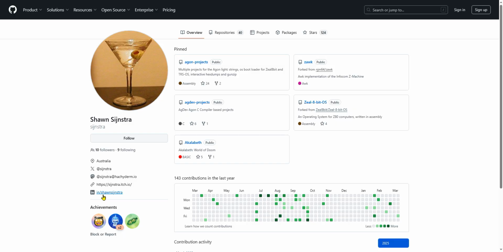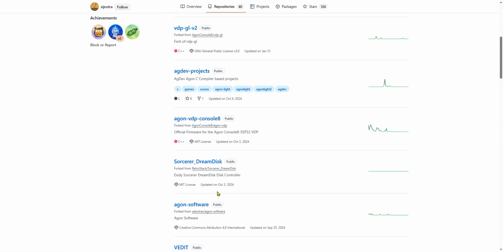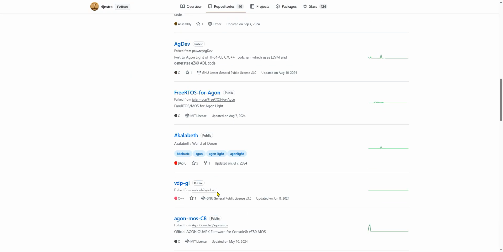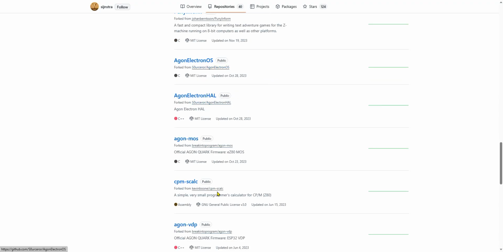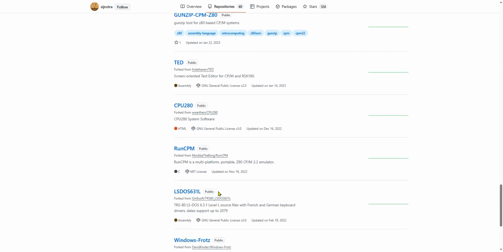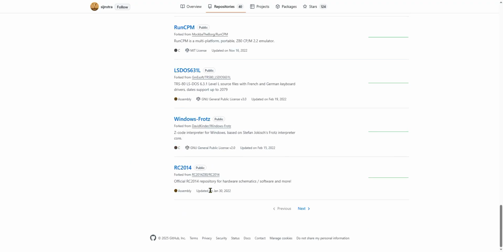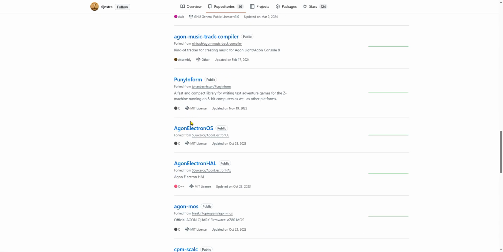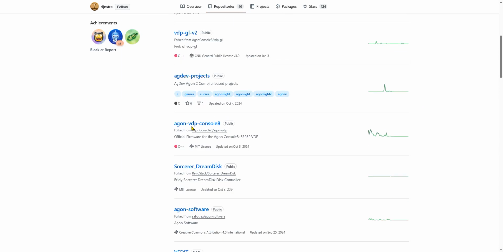As you can see here, he has some websites and various things. So he has a lot of products here for the AGON. Sean's very into the AGON development, and he has a loader here. I must admit I don't know a lot about it. I don't use the AGON other than when we're doing development work on it. But you can see here he has a wide range of products that he's supporting, and he has a loader here for the